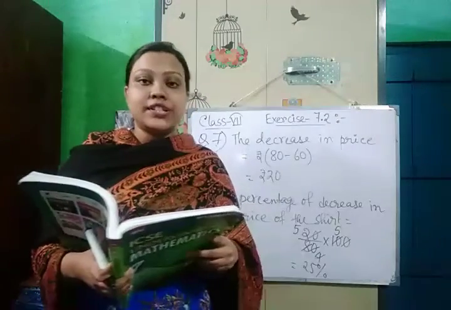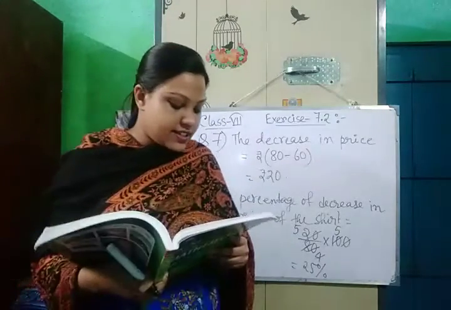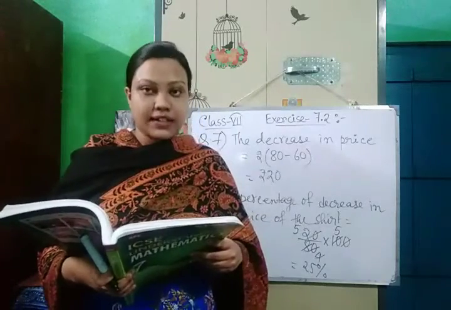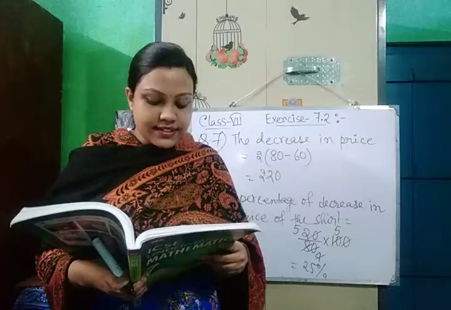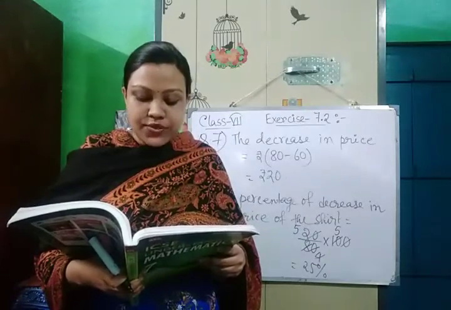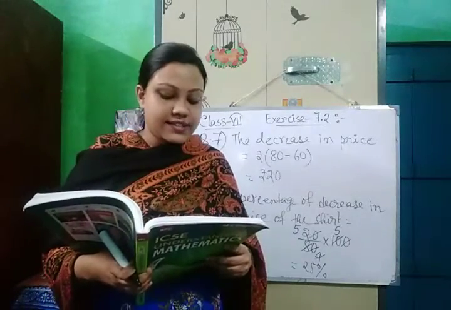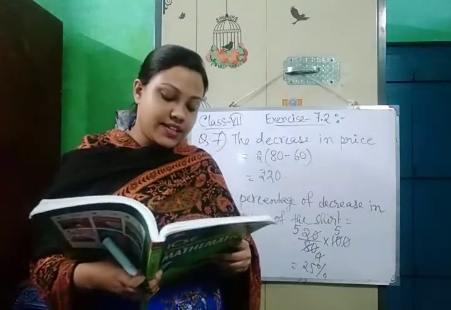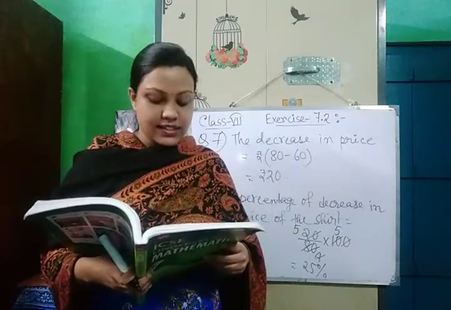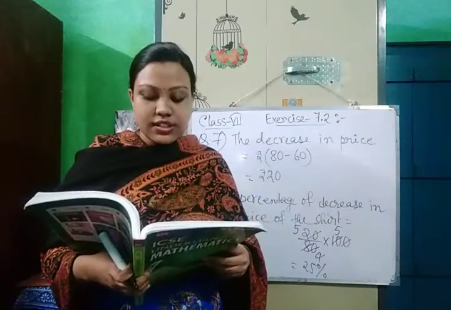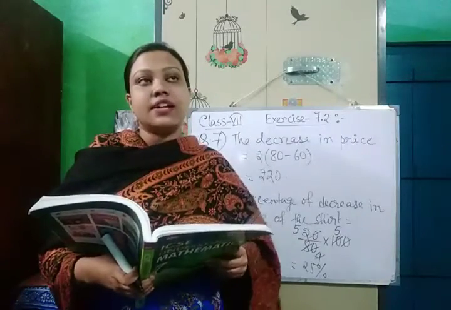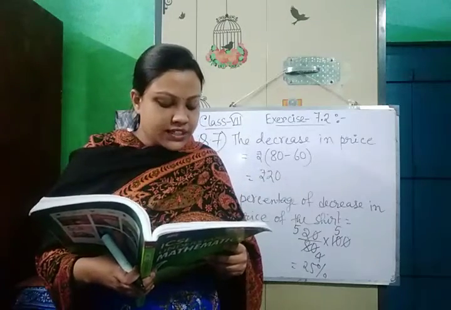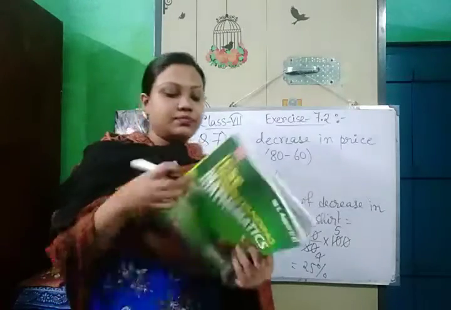Next I am going to question number 9. Question number 9: the rate of basmati rice last year was rupees 40 a kg, means per kg. This year it is costlier by 20%, means the cost has increased by 20%. So what is the price this year? How can we find out?